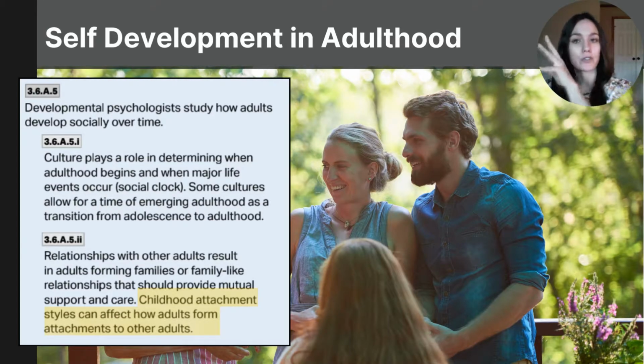Research shows that those secure attachments from childhood tend to lead to healthier, more stable adult relationships that are marked by trust and emotional closeness. In contrast, individuals who have insecure attachments as children face challenges building strong connections when they are in adulthood. And studies have found that childhood attachment influences the quality of adult relationships, such as romantic partners, where securely attached individuals are more able to form healthy, supportive bonds.